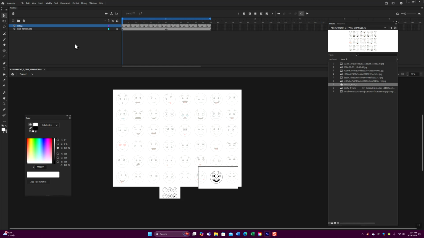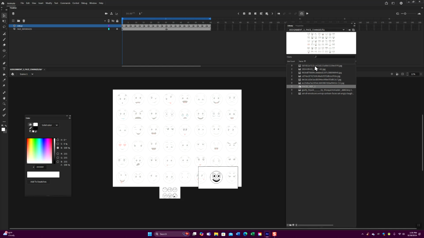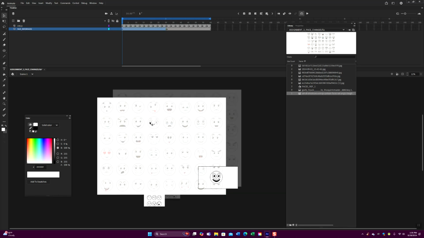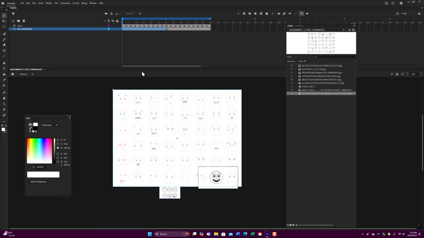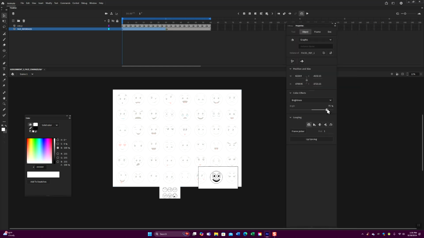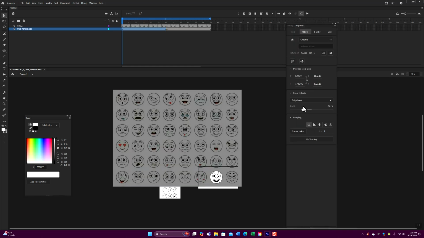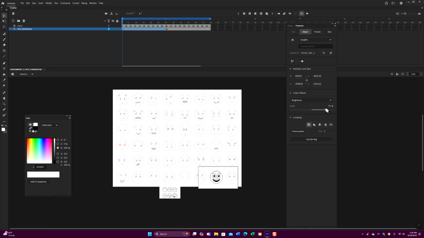Okay, so the first thing I'm going to do is I'm using this reference. Now I've got some references here in the library. As you can see, if you click on it, they all change. And so what I did was I chose a reference here, this file, okay? I made it into a symbol, which will allow me to change the brightness on it, so I can use it almost like tracing paper. All right, so I cranked it up to about, I don't know, 70. Anyway,